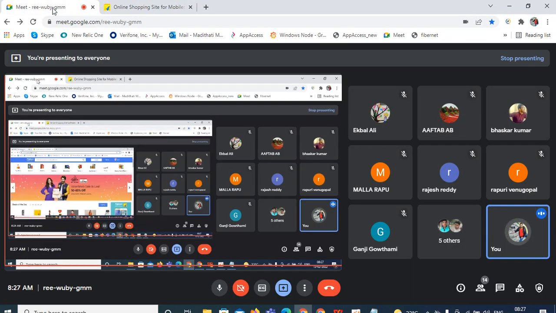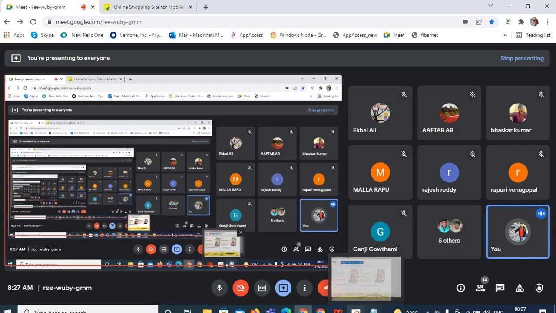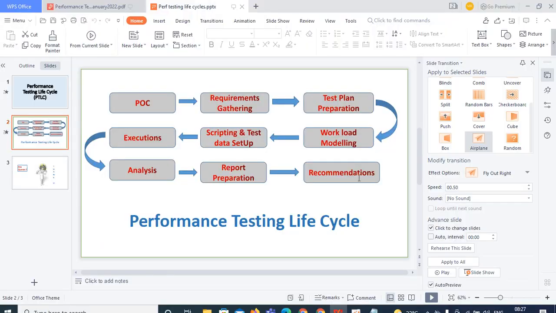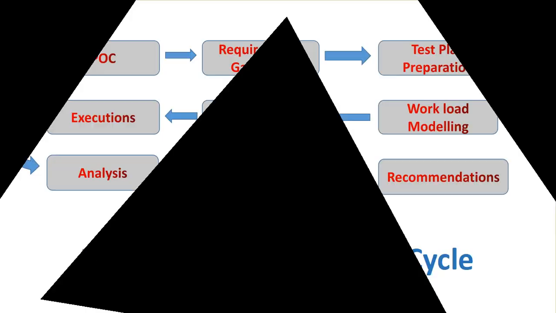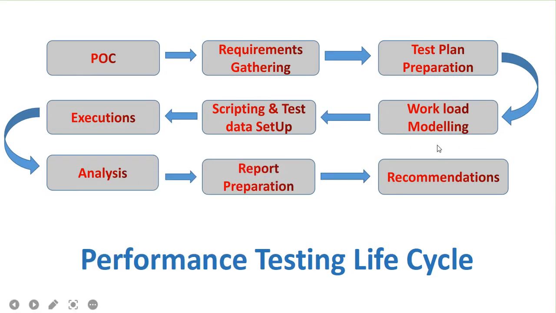Those calculations we can carry out as part of workload modeling. Workload model is the biggest subject, so going forward you will come to know. Up to here, POC, requirement gathering, test plan preparation, workload model, these four are the